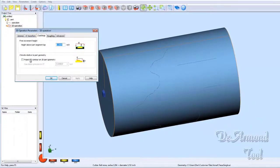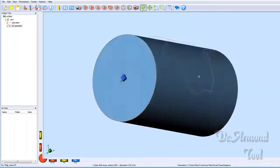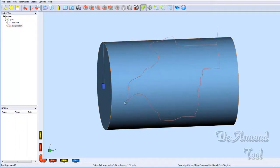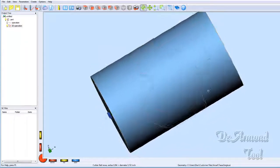One other thing we need to do is tell it to project it onto the contour of our 3D part geometry. And we'll generate our toolpath. That's where your tool is going to go. It's going to cut right around the outline of this Texas. We're going to use this as our 0 point right down here on the end. You're going to rapid move right up here, drop down, and cut out Texas. So since we think that's what we want it to do, looks good to me,